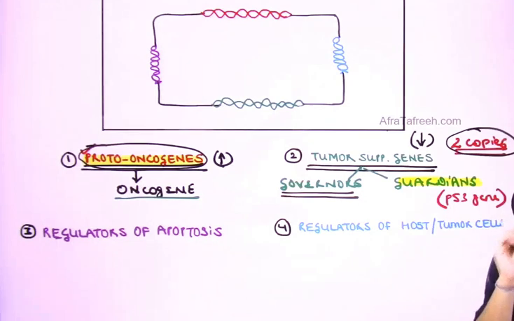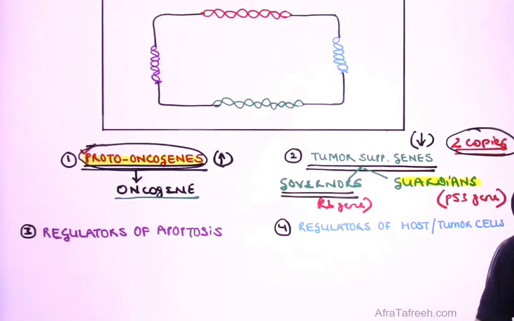So in a normal cell, the most important governor which is going to control the rate of cell replication, and that's another important MCQ that they love to go after in the exam, is what you will be answering in the board question as the RB gene. So governor of cell replication is RB and guardian of the genome is what you need to remember as P53. Not to forget, both the copies need to be mutated in order for a normal cell to get converted into a cancer cell.